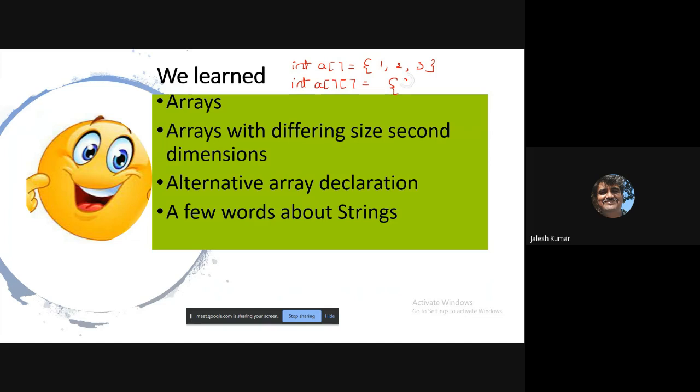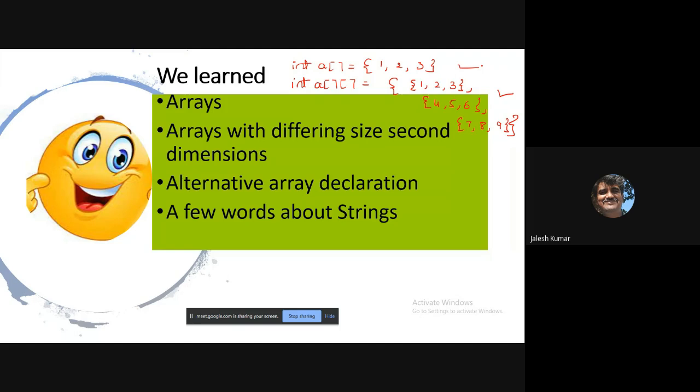See, inside flower bracket, you have to write one more flower bracket, 1 comma 2 comma 3. Okay, then you put the comma, 4 comma 5 comma 6. Then you put the comma, 7 comma 8 comma 9. Okay, like that there itself you can assign instead of using new operator. Okay, that is also possible.